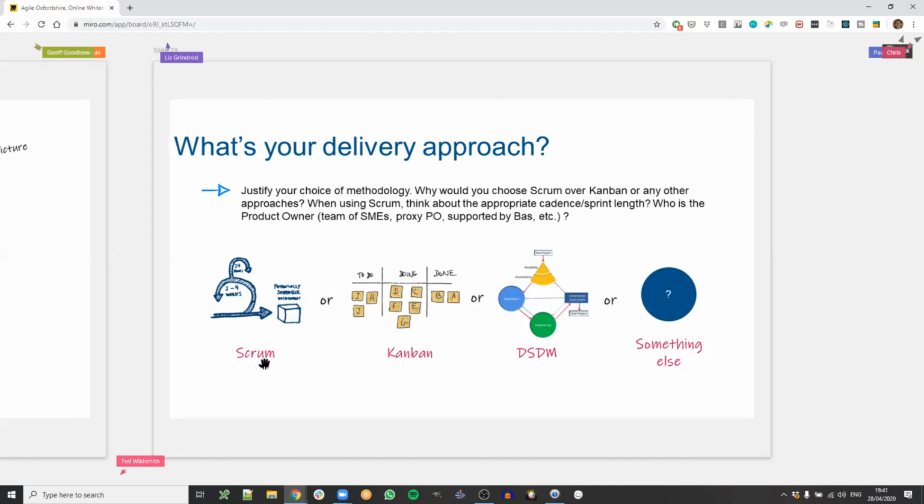So just to make it explicit, what are the trade-offs you've made here in the choice of the methodology? Or maybe it's the SDM, right? Or maybe it's something else, or hybrid. But whatever it is, what's the rationale for your choice of methodology, right? Again, let's share that with the team. And even deeper within Scrum, what's the length of the sprint? Is it 2 weeks? Is it going to be 3 weeks? What's been decided and why? And if it hasn't been decided, that's fine too. But let's make that explicit again. Yeah?